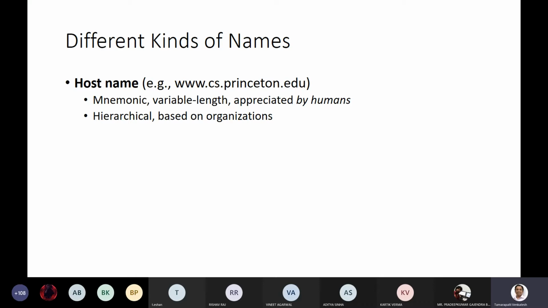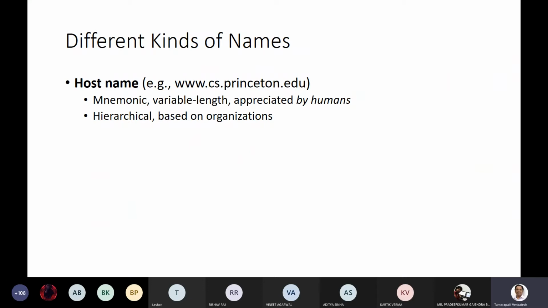Likewise, we also have a host name for every machine, and this host name is part of an organization or a part of a domain. And for the purpose of the web, we use these host names. We also call them domain names. The domain names can be used for web servers, or they can be used to name email servers as well. And these host names, as you can see, consist of multiple sub parts separated with a decimal or dot.